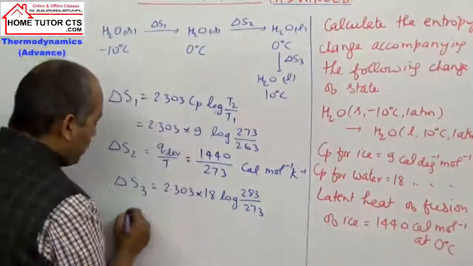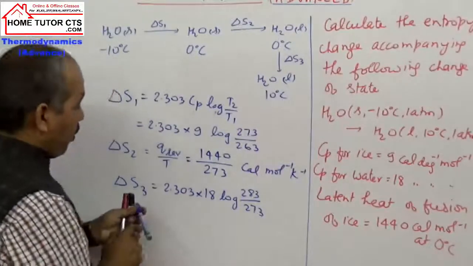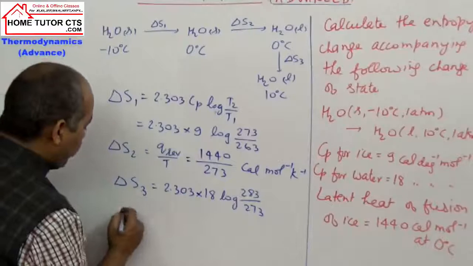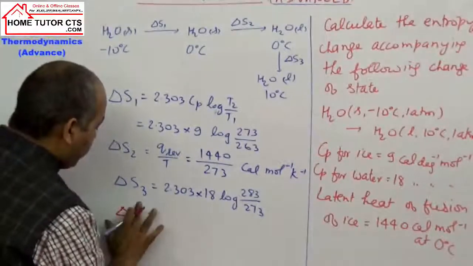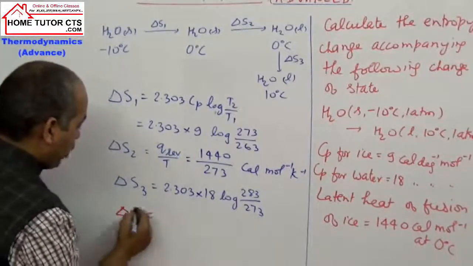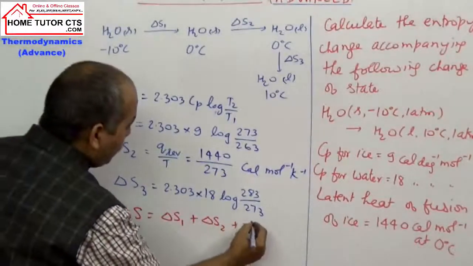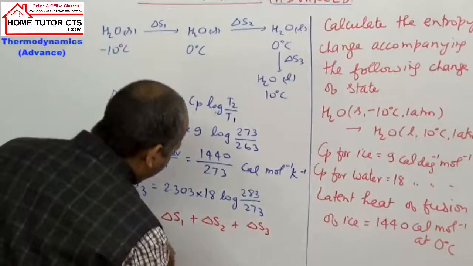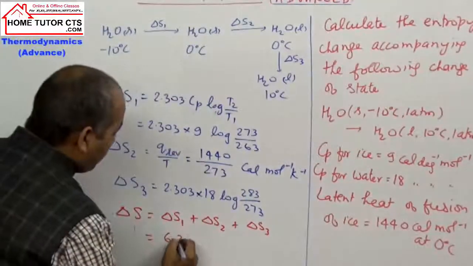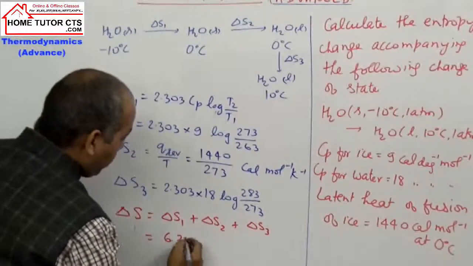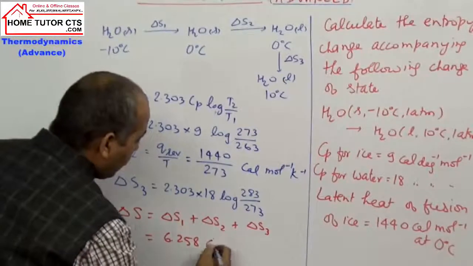When we add, then for the overall process, delta S total can be taken how much? Delta S1 plus delta S2 plus delta S3. On solving, the answer should come 6.258. Is that your answer finally? Calorie